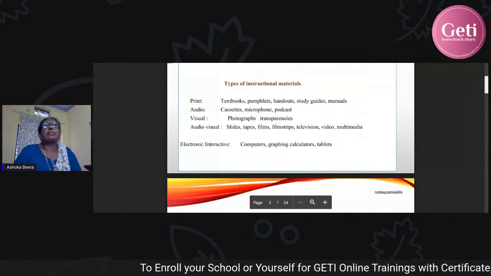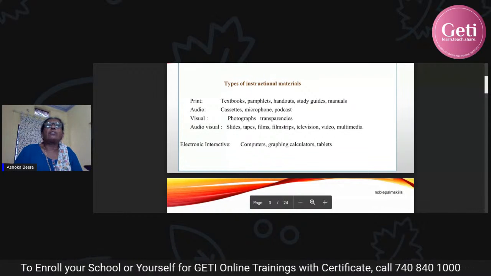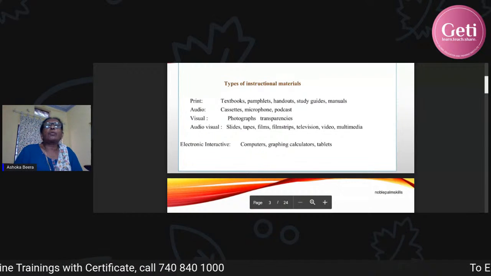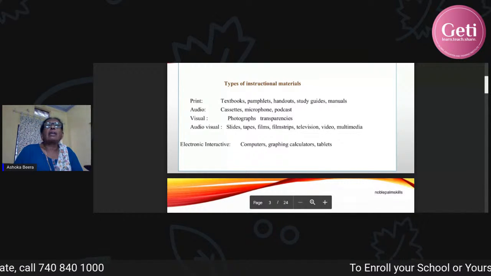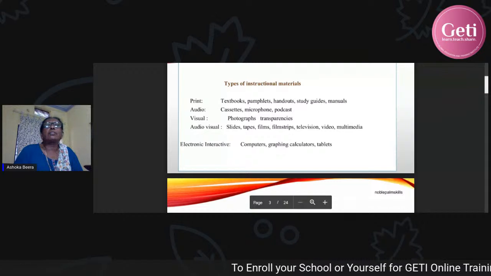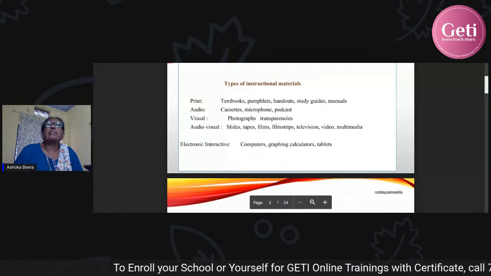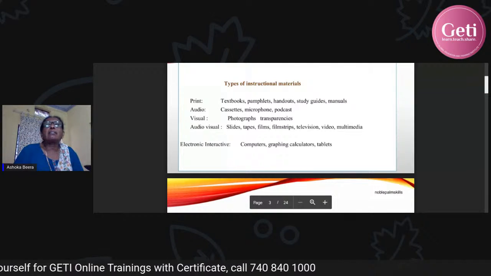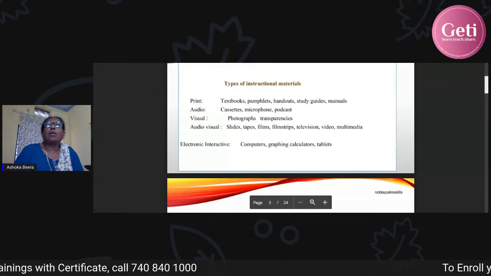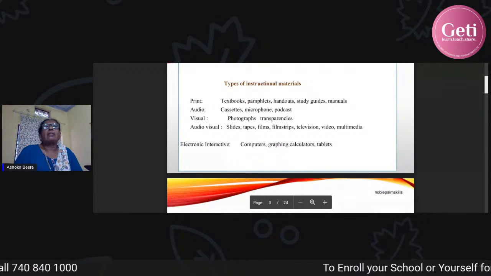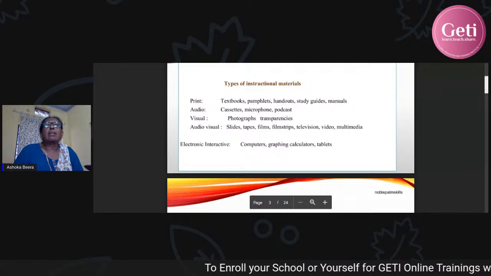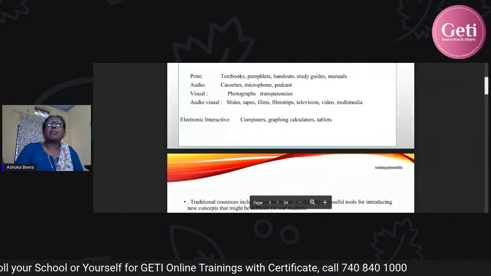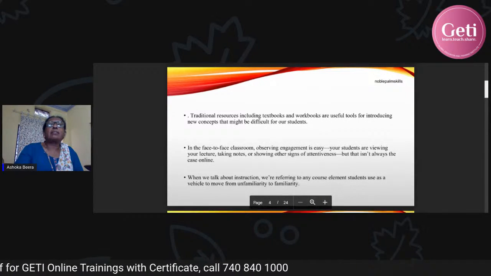Textbooks, pamphlets, handouts, study guides, manuals, which are print materials; the audio materials like cassettes, microphones, podcasts; and the visual like photographs and transparencies, which are used in slides making and glass slides; and audiovisuals like slides, tapes, films, film strips, television, video, and multimedia; and other materials like electronic interactives like computers, graphic calculators, and tablets. So these are all the materials we are using regularly.